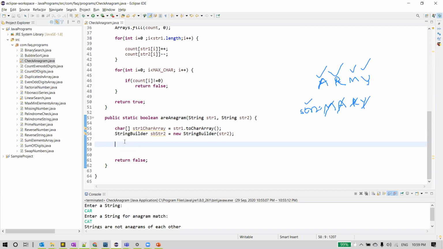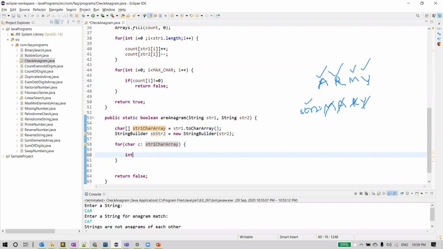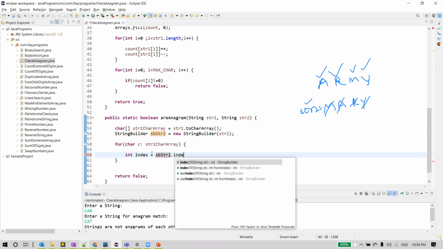So for that, what we need to do here is, we want to read characters, right? So for each character, I'm going to read one character from the first string, and we'll find index equal to string2.indexOf.